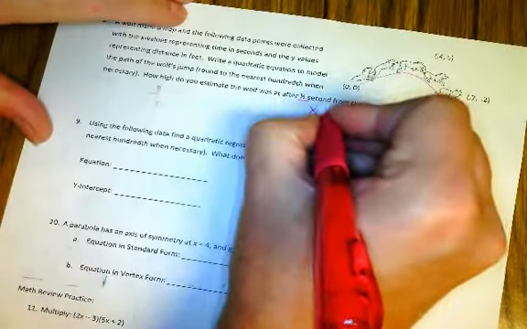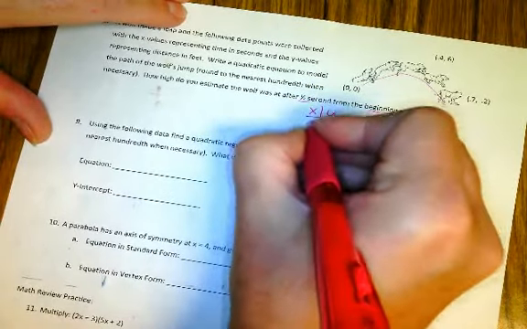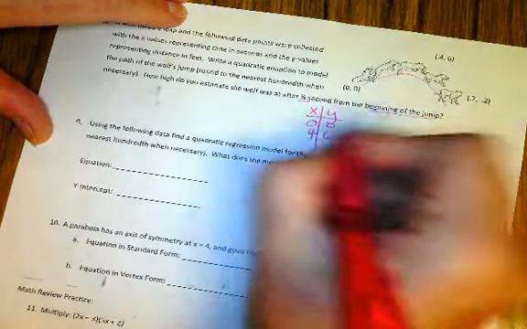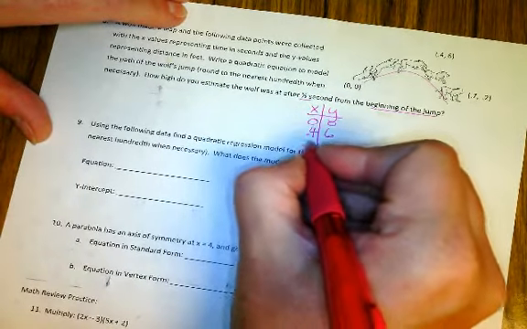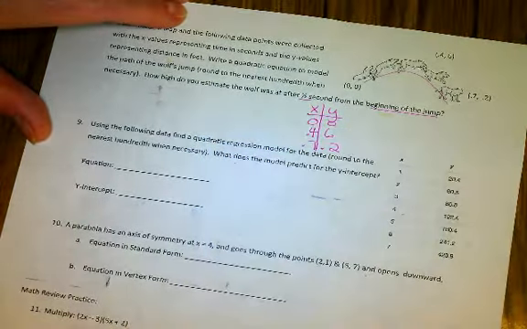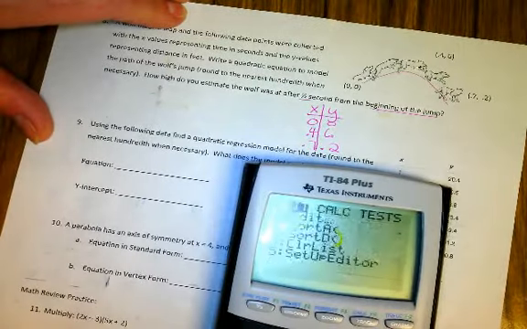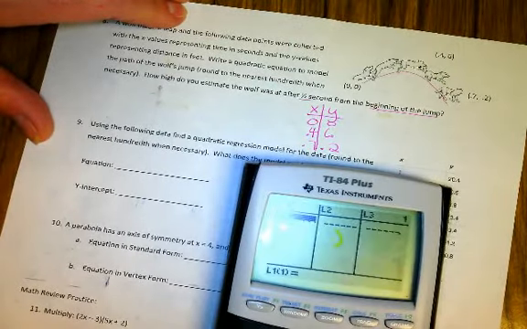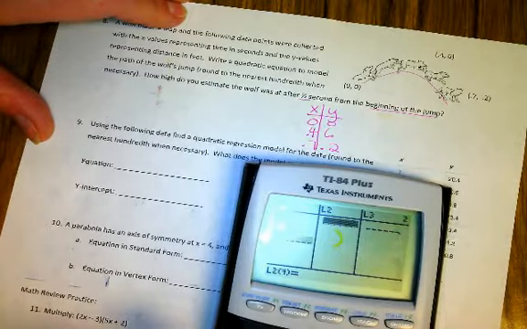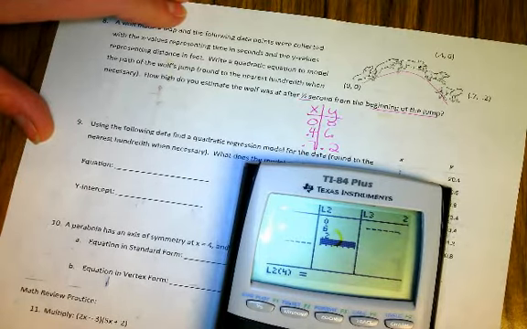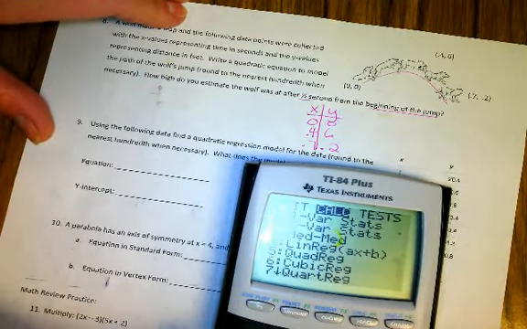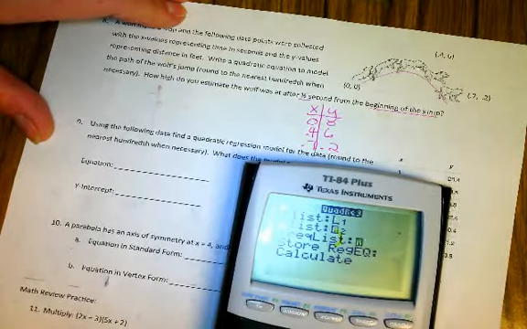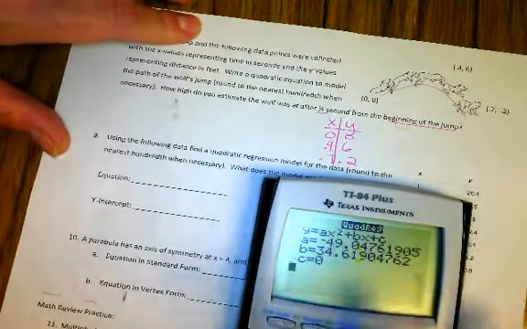Okay, so what I need to do is I'm going to make a table of values. I think that's 0.4 actually, and then 0.7, 0.2. Alright, so I'm going to come into my calculator. I'm going to do stat, edit, and then I'm going to type all that in. So 0, 0.4, 0.7, and then here I'm going to have 0, 6, and then 0.2. Alright, and I'm going to do a quadratic regression. Remember, this whole test is about quadratics. So quadratic regression, and I get